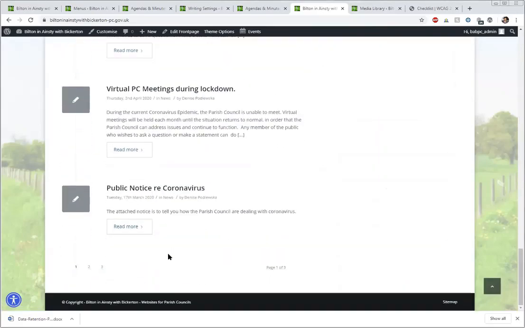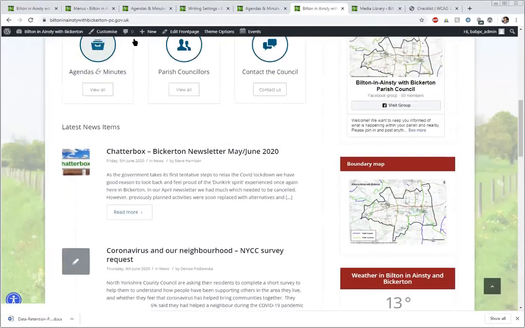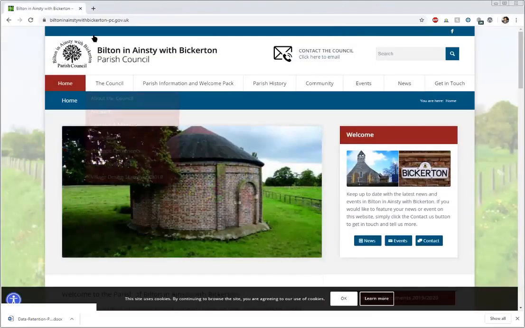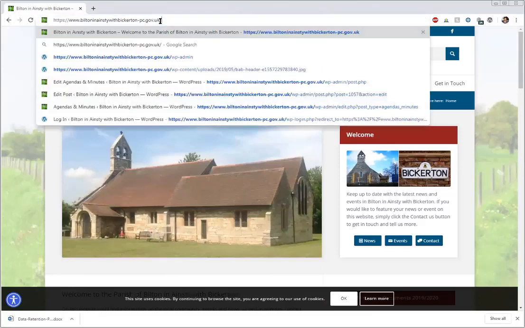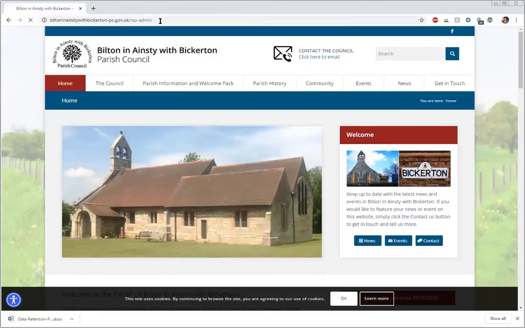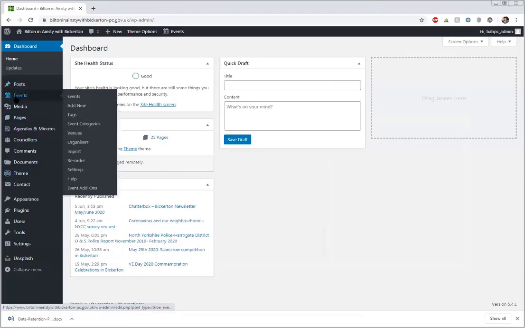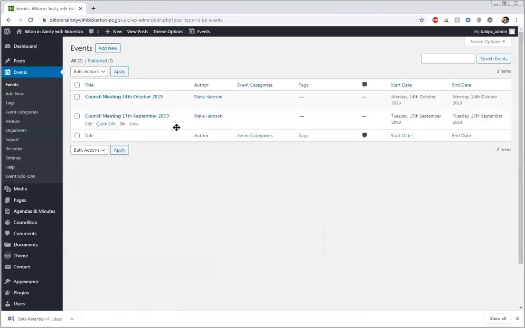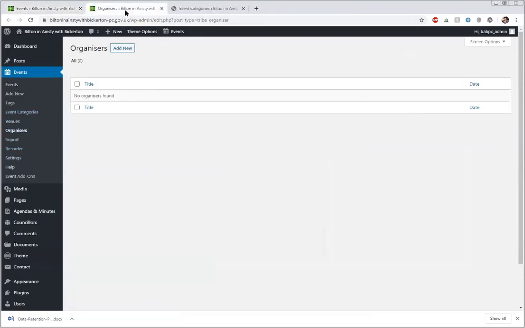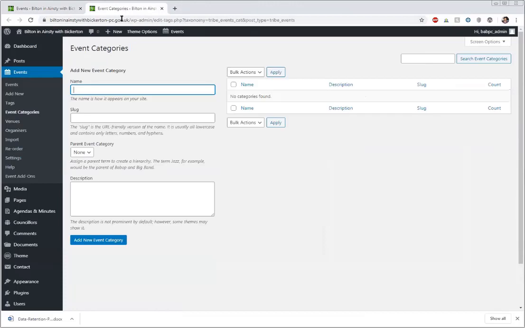Right. So if we go back to our WordPress left-hand menu, is there anything else that we've not? Yeah, let's have a quick look. So the other things that we've done: the documents, agendas, minutes, pages, posts. Events is this other one, where you can put your council meetings in your calendar. Yeah, I think I had a little play with that, and I got it all working. But we don't really have a lot of events. But I did see how it works together.